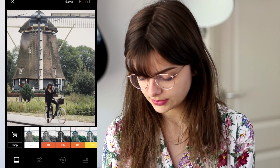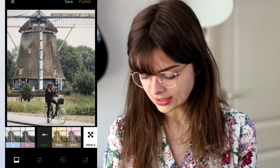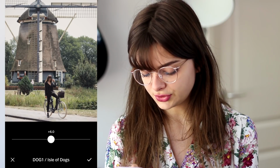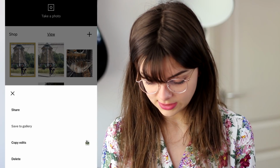Dog 1 is one of the standard filters. I do believe I found it in the shop, but it was free when I downloaded it. So that is one that I like to use. When you turn it up all the way, you can see it's quite a warm, brownish filter. So I just turn that down to 6. And then I go in here and adjust the edits. I will turn the brightness back up a little bit for this photo, maybe like that much. And I think I'm going to turn the temperature down just a little bit. All right, so when I'm satisfied with my filter and everything, I will save my photo to my gallery,